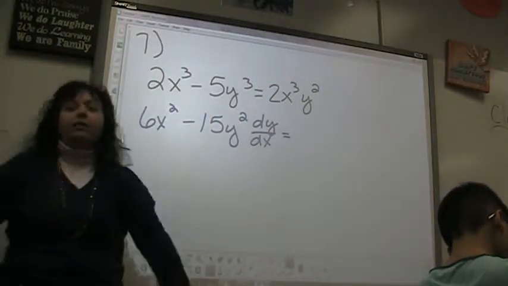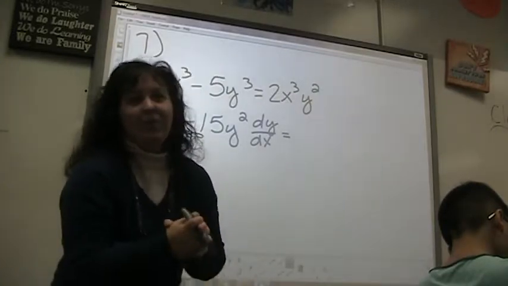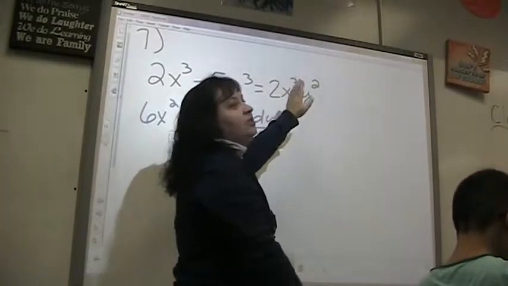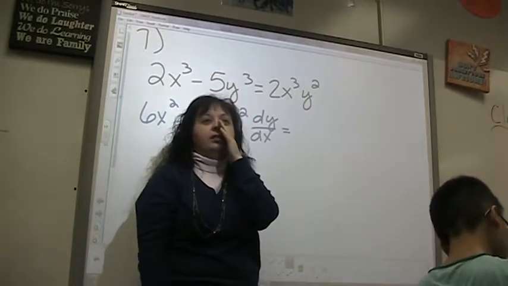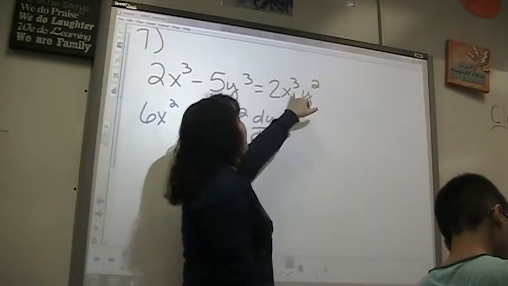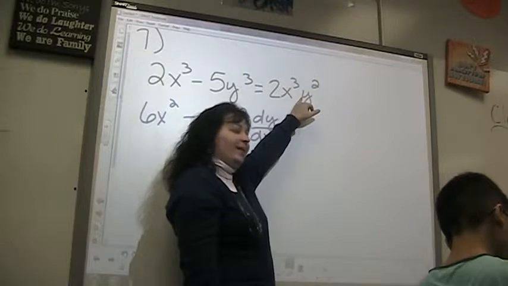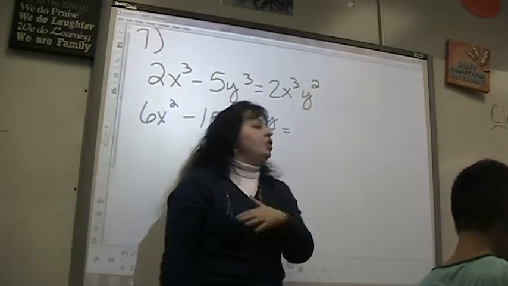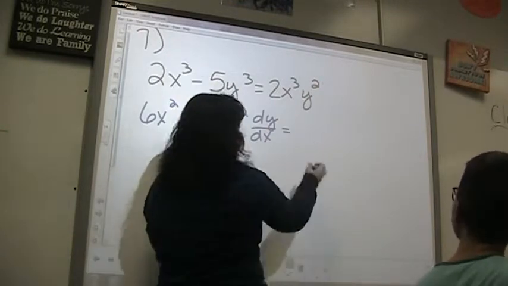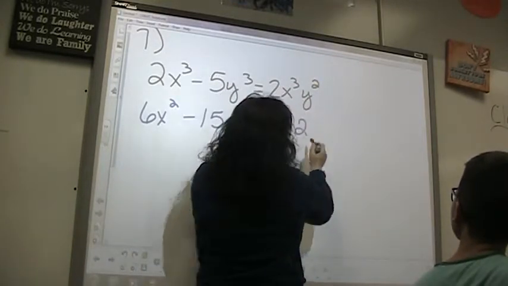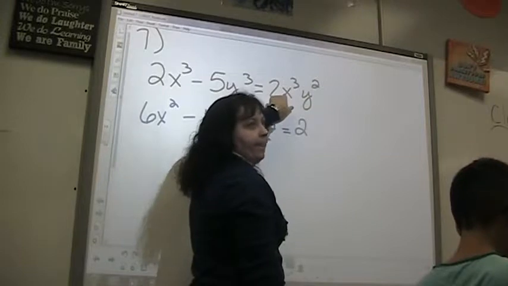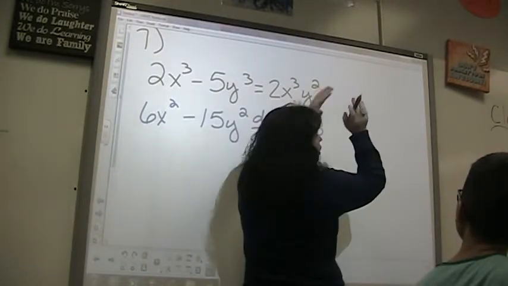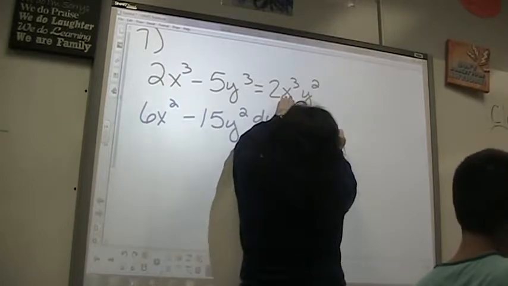And then I carried it to the other side. Chain rule, not chain rule, I'm sorry, stop. Product rule. Why is this one the product rule? We're multiplying x cubed and y squared. 2 is going to come along for the ride. So, derivative of x cubed. I'm going to go step by step on this one. So this will be 3x squared